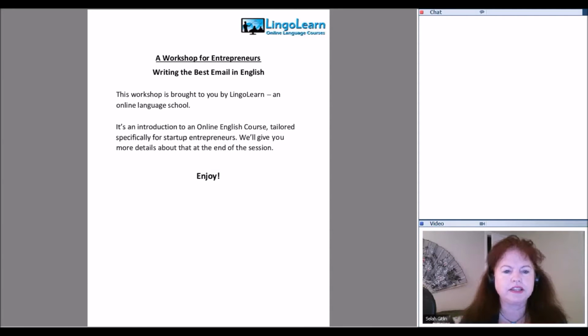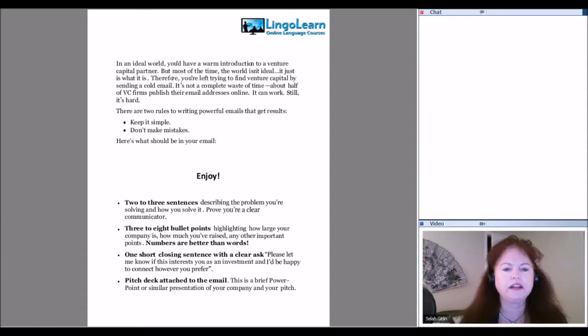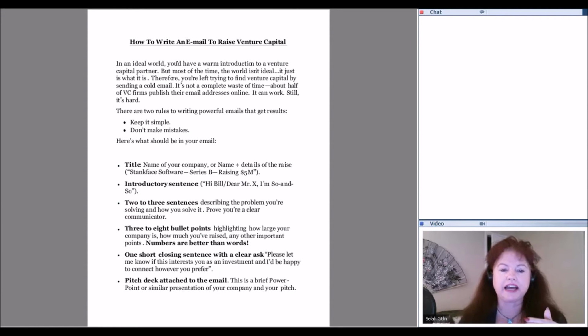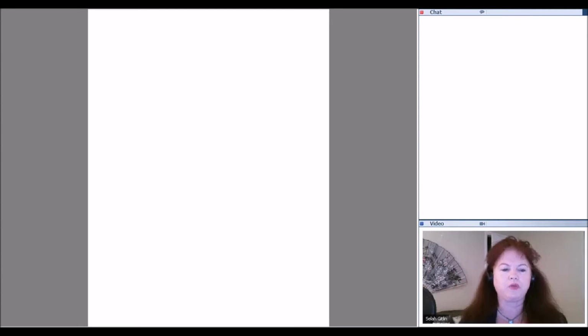So we're going to look at this slide here called How to Write an Email to Raise Venture Capital. And I want to tell you that in the middle of the class, about halfway through, I'm going to ask you to write your own brief email. And we're going to practice how to do this. So what I want you to think about, and I'm going to just put a little new whiteboard here, what I want you to think about is